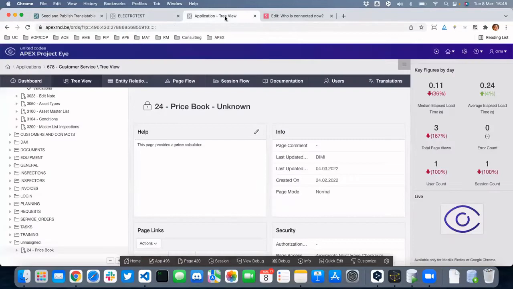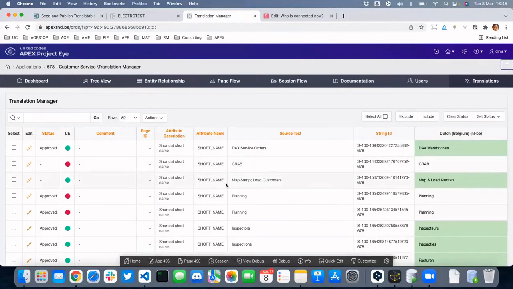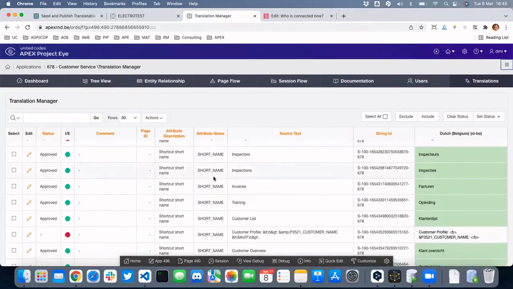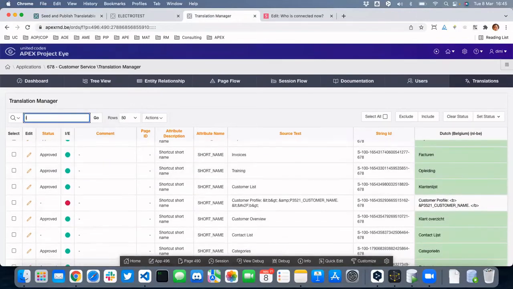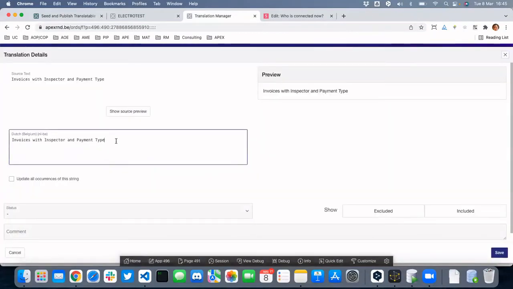We didn't like this download XLIFF file, upload XLIFF file approach, so we wanted to make that easier. What we have done here is a translation engine, if you want. Here are all the seeds, all the strings that are in your application, listed here: invoice with inspector and payment type. What I can do now is edit it and say, okay, invoice with inspector and payment type, this is factuur van